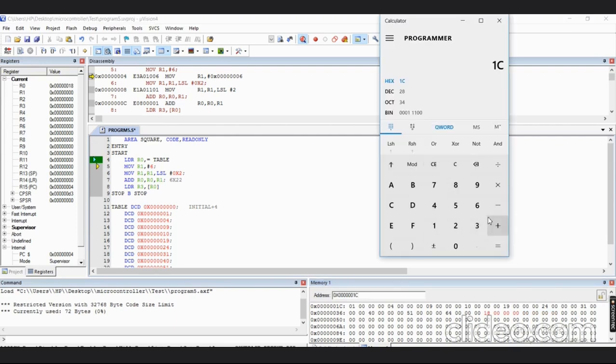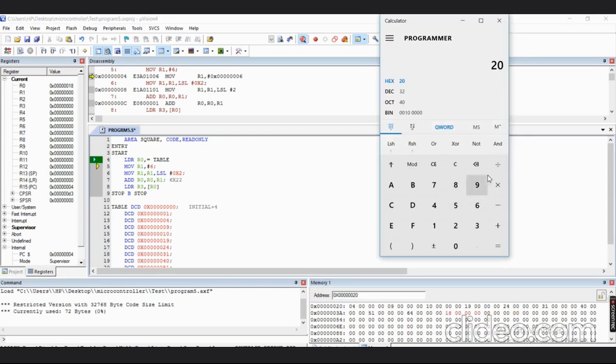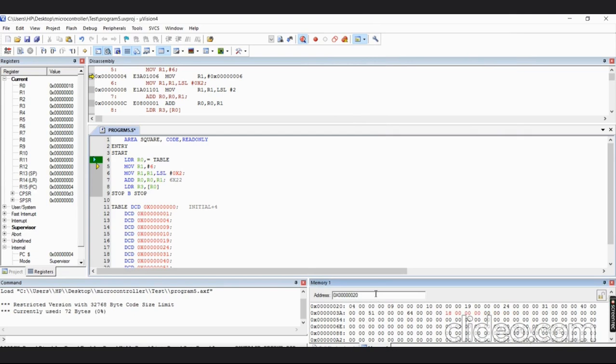Next, 1c plus 4, that is equal to 20. At 20 I should have the square of 2. Then 20 plus 4, that will be equal to 24. At 24 I will have the square of 3. At 28 I will have square of, sorry, here I have not changed, this is square of